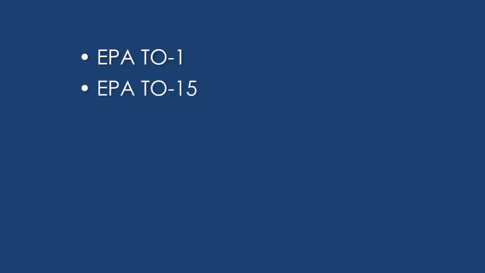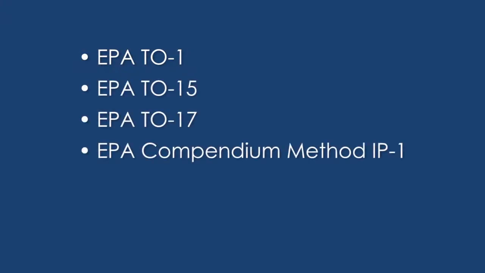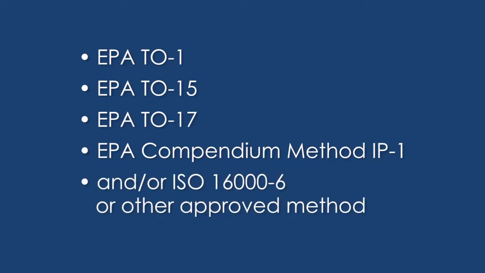Use protocols consistent with one of the methods you see on the screen. Or use a device called a photoionization detector, sometimes called a PID. If you decide to use a PID, take note of some of the following methodology requirements. Readings are required per 25,000 square feet of the building and must be taken during regular business hours from regularly occupied spaces. Samples should be collected from within the breathing zone, or 3 to 6 feet from the floor, and at least 3 readings per sampling location are required, allowing for a minimum of 30 minutes to elapse